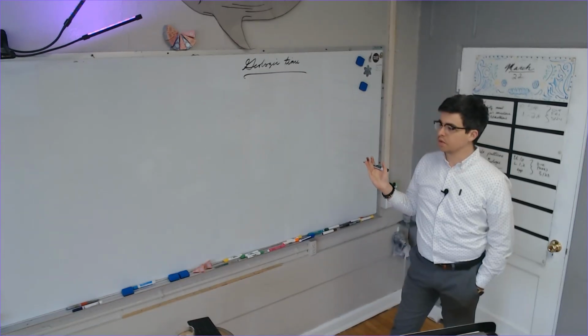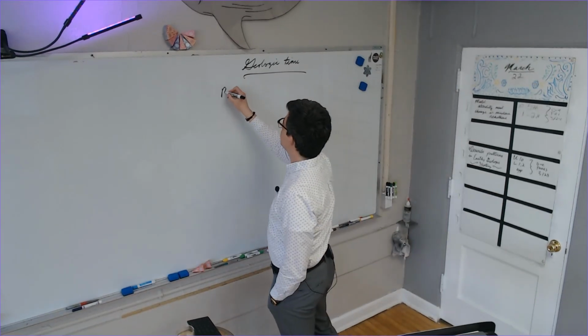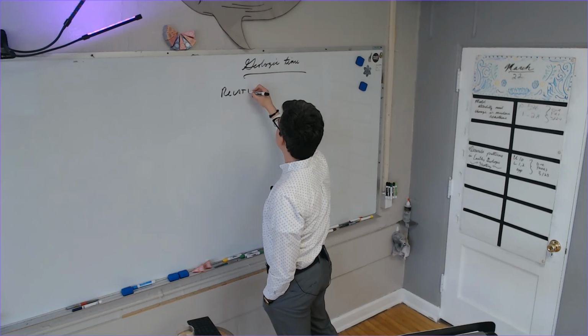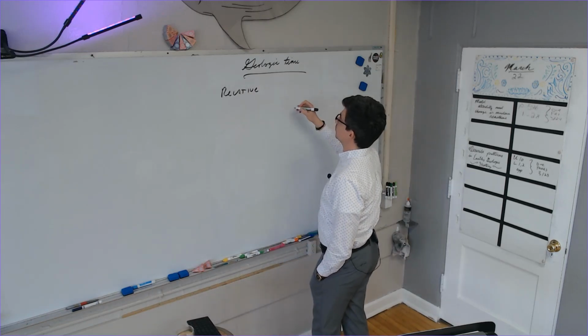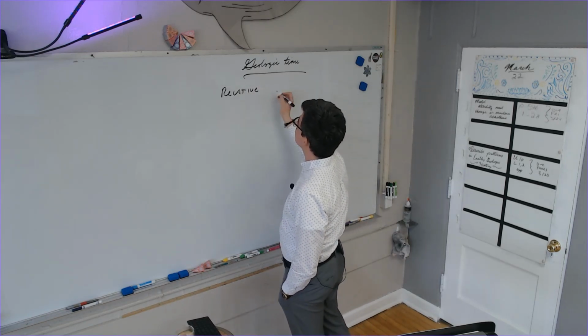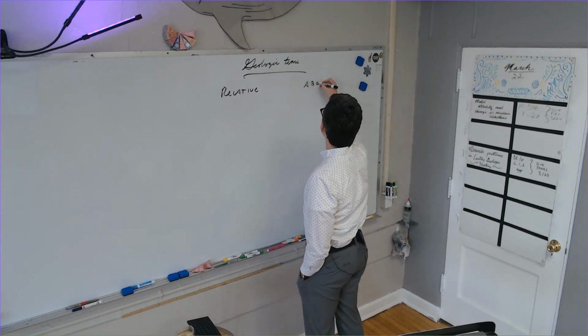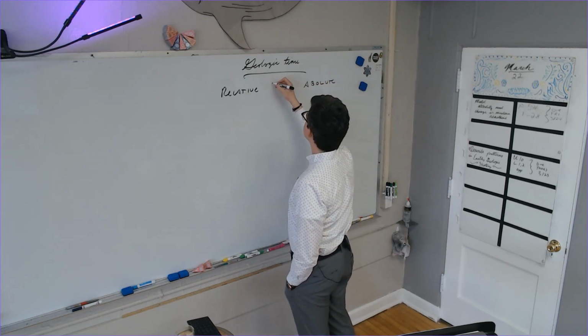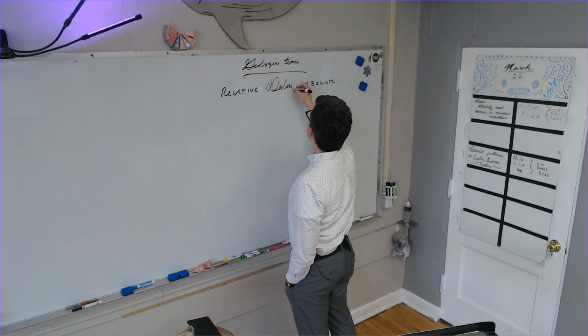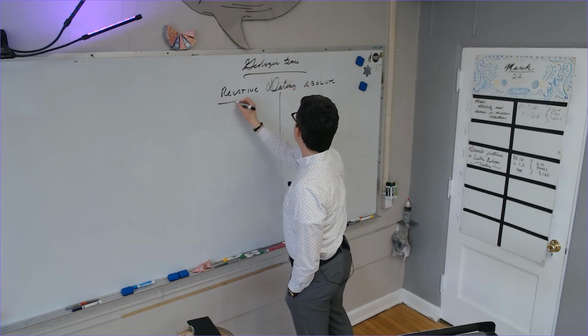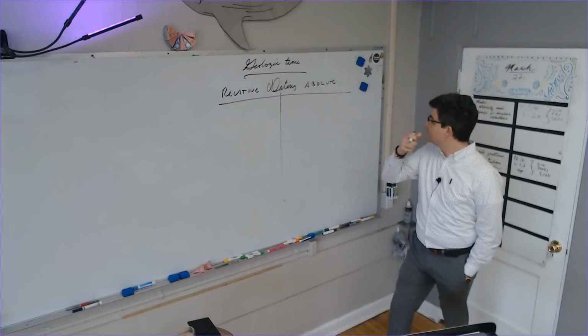This will be a very, very brief rundown. The first two things we're going to talk about are relative and absolute dating. This should be review. It is review, but we should talk about it again. Dating meaning not